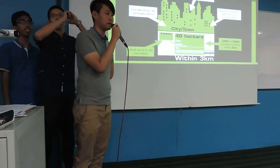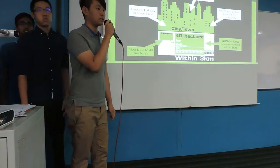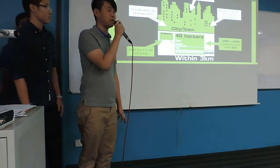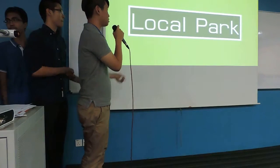First, it must be located in the city or town area. Second, it must be a public area for the community. Third, the size of the park must be 8 to 14 hectares. And last, it can fit 12,000 to 50,000 people who can get there from the housing area. And local park,